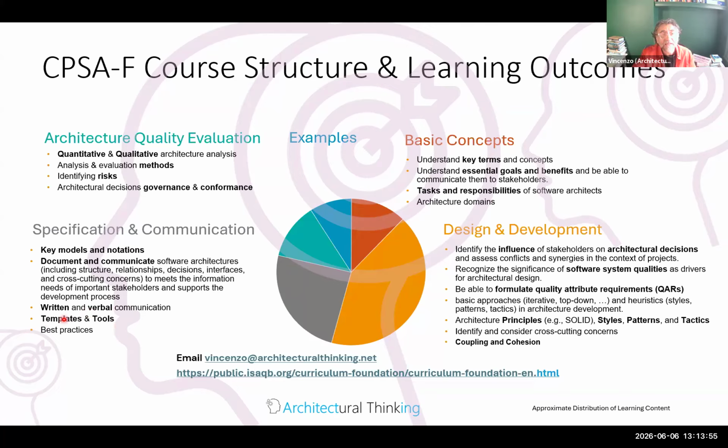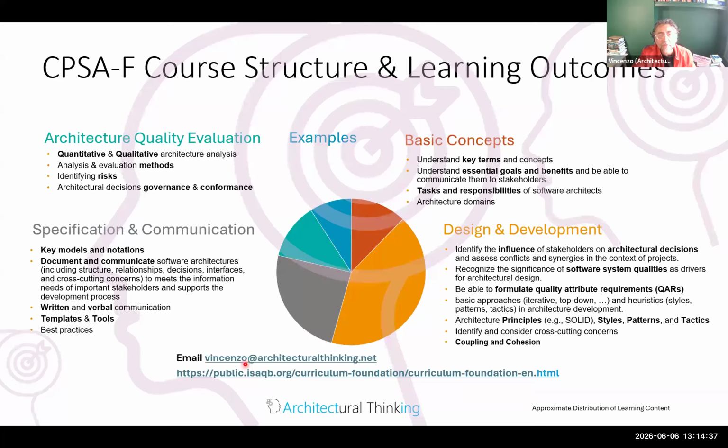Then we also see templates for documenting architecture, tools for documenting architecture. We talk briefly about diagrams as code, for example, and some of the best practices in documenting architecture. And then the final block is about how do we evaluate how good an architecture is, how fit for purpose and fit to context it is. We go through some analysis and evaluation methods, both to evaluate quantitatively and qualitatively the architecture. And then we briefly talk about governance and conformance. And all this is supported by real-world examples and by hands-on activities.